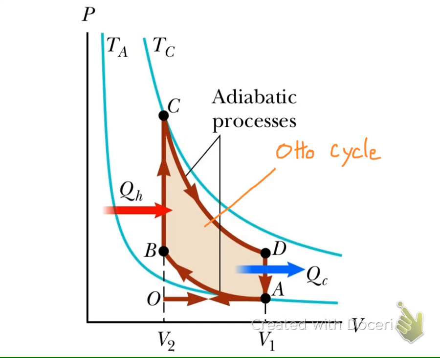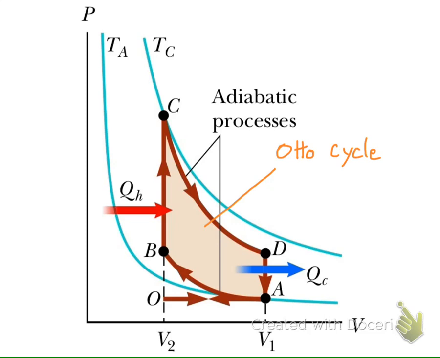Otto is the name of the engineer who gives the cycle that approximately describes the cycle in the gasoline and diesel engine. Okay, since this cycle is quite complicated, we will not go into the detail of this cycle, but what